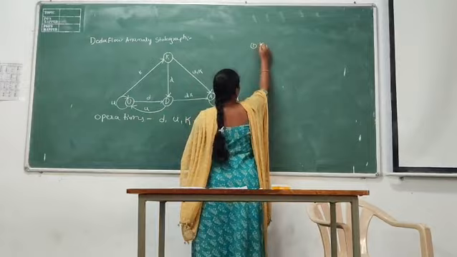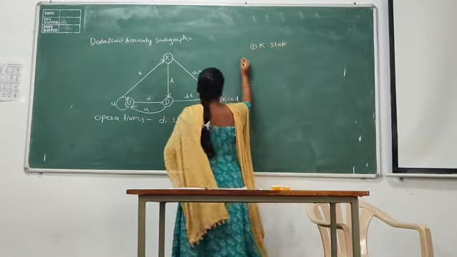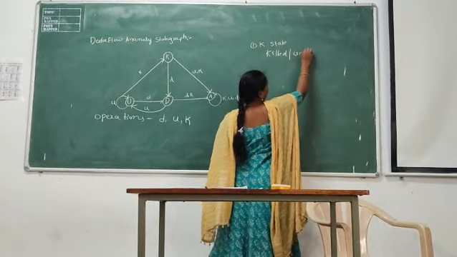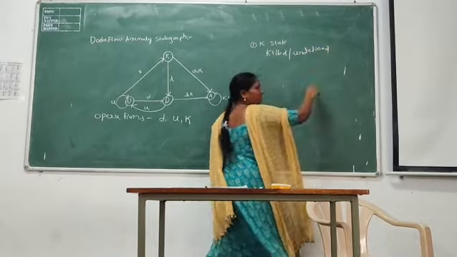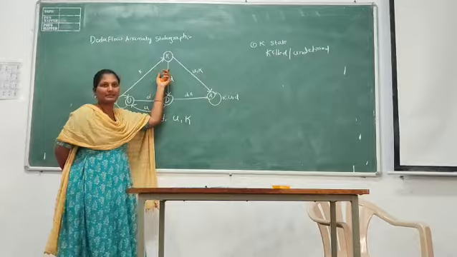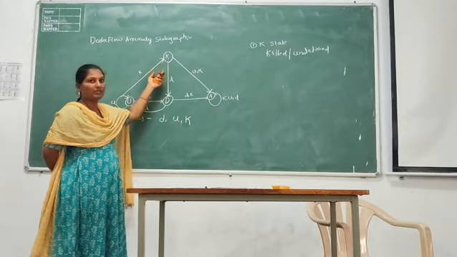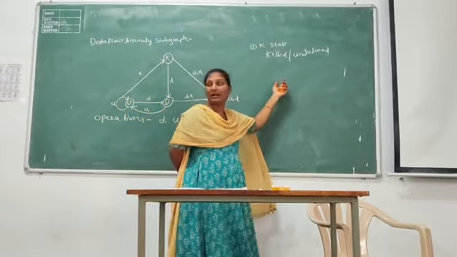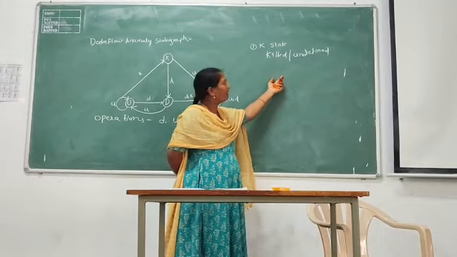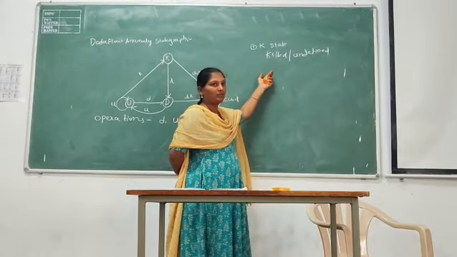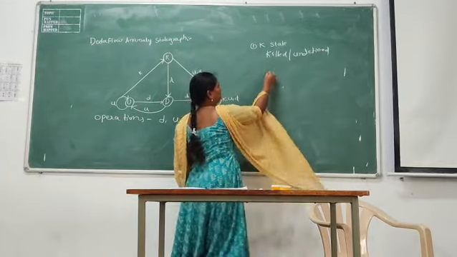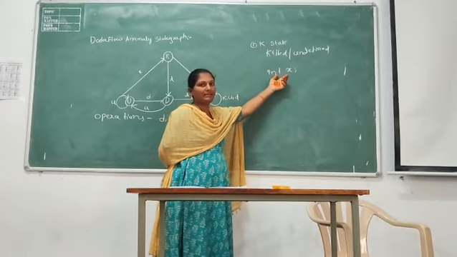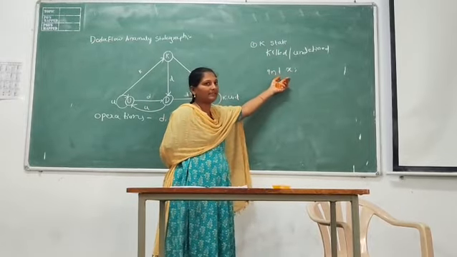So first one is K state. What does K state mean? K state means killed or undefined. This is the initial state of every variable. In this state the variable does not exist, or we declare the variable but do not assign any value to that variable. So this X is in K state.